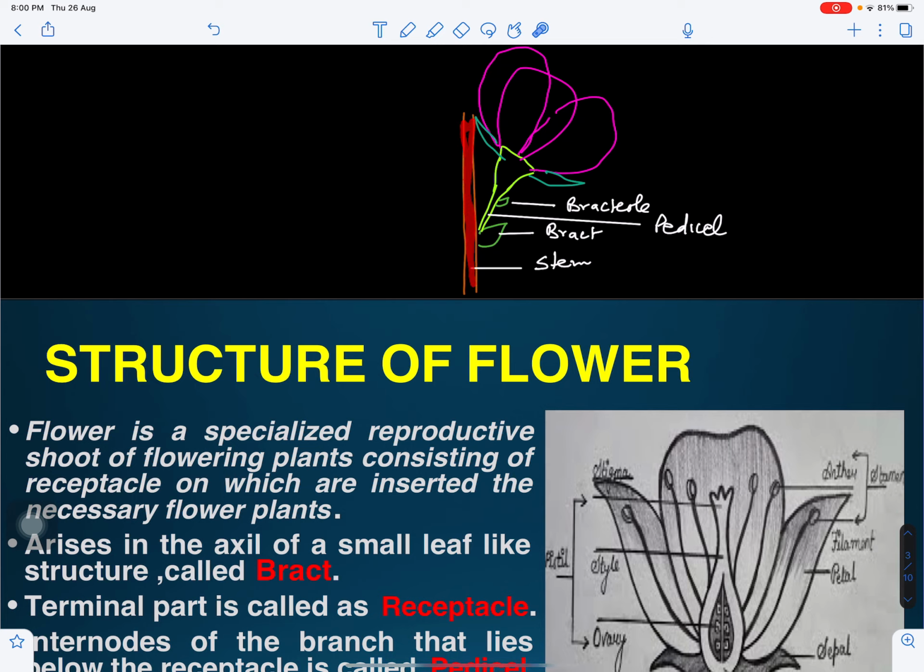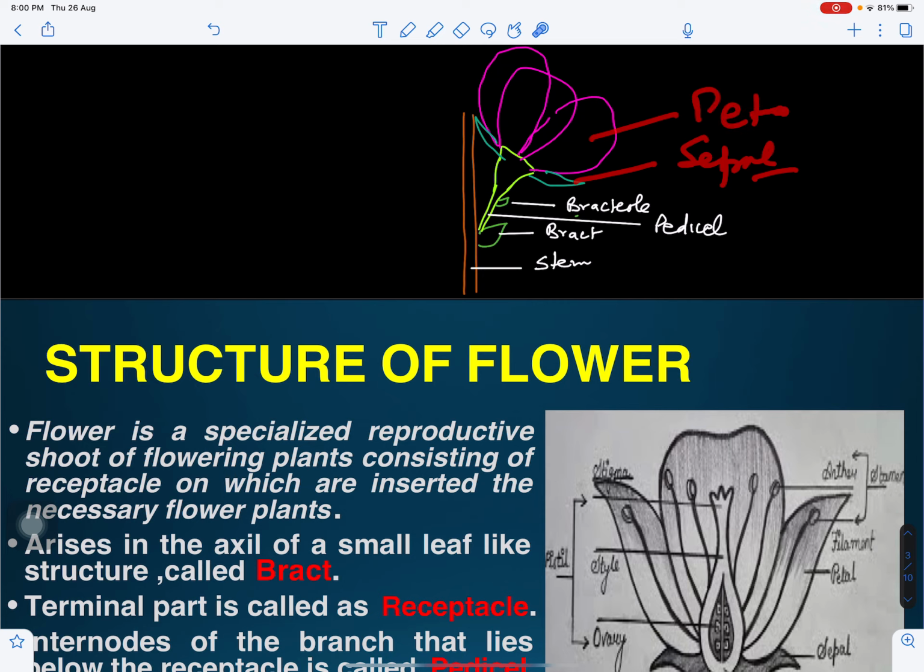This is the shoot or stem, and in the axil of a bract, this flower will arise, and the stalk of the flower is called the pedicel. Sometimes bract-like structures are also born on the pedicel. We can see here, this is the bract, this is the bracteole, and this is the outermost whorl of the flower called the sepal, and this